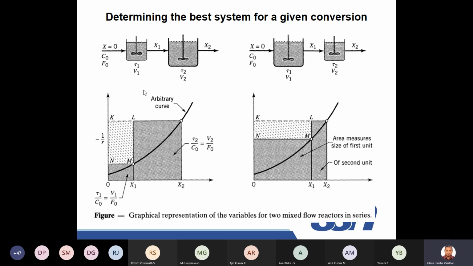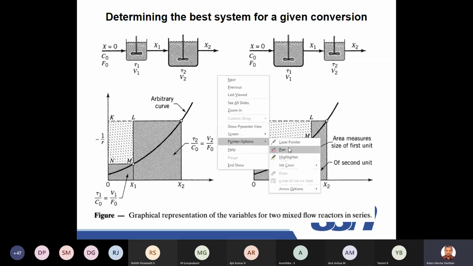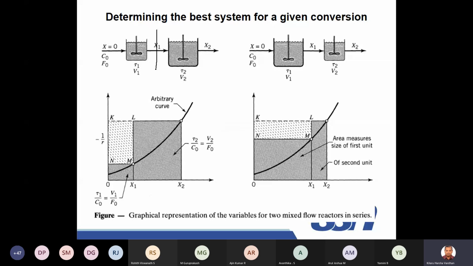I'll just try to put the curve here. Let us take a break here, right? So for this particular thing, what is this? This is a mixer reactor. This is a mixer reactor. So if I draw -1 by RA versus conversion,